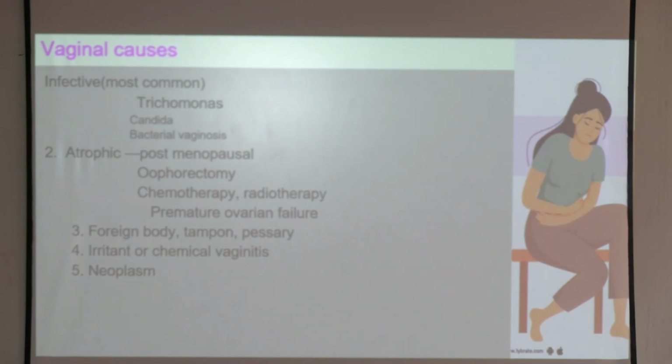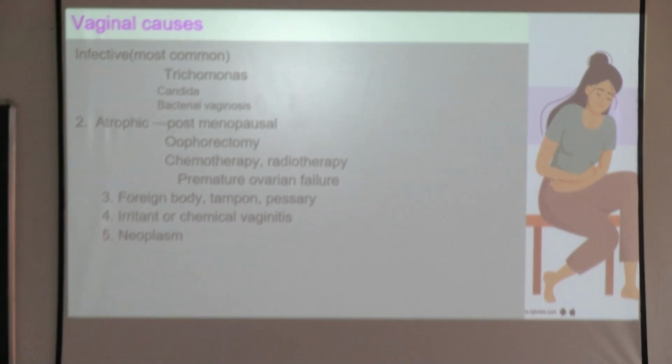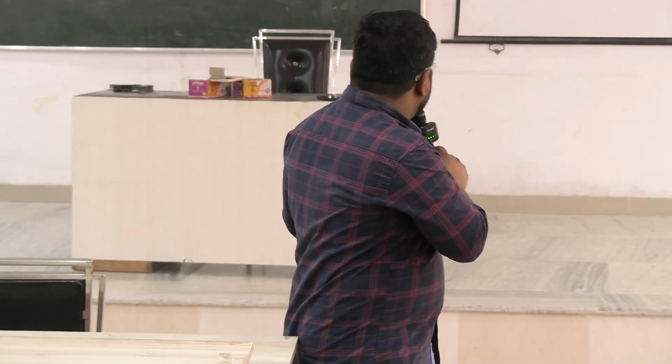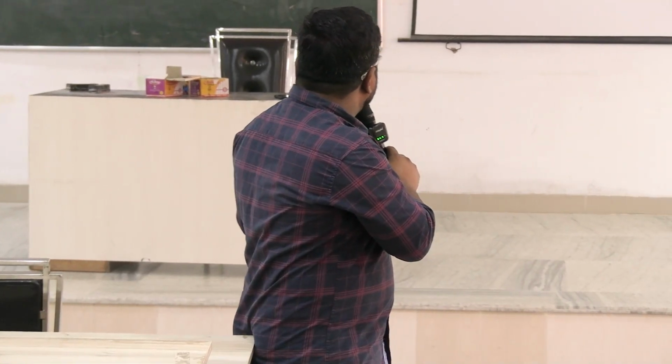Vaginal discharge can occur because of vaginal causes. It can occur because of cervical causes. The discharge can come from the vagina, from the cervix, from the uterus, from the tubes. From all of these places the discharge can come, and all of these will mimic a vaginal discharge. Vaginal causes are, as I said, infective, atrophic,